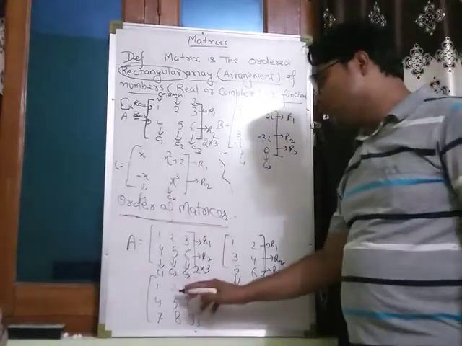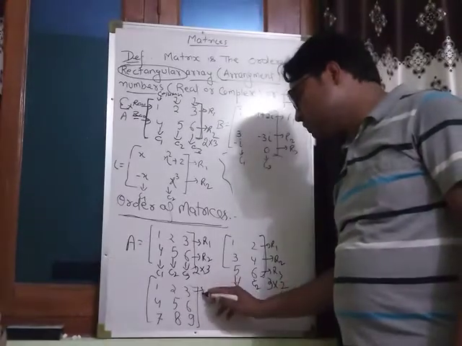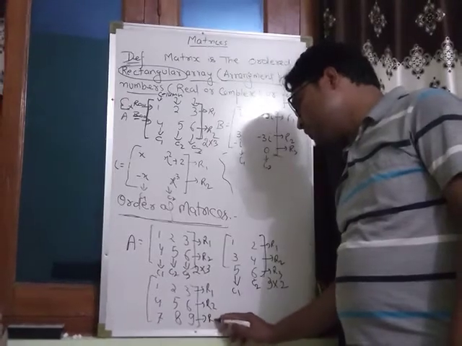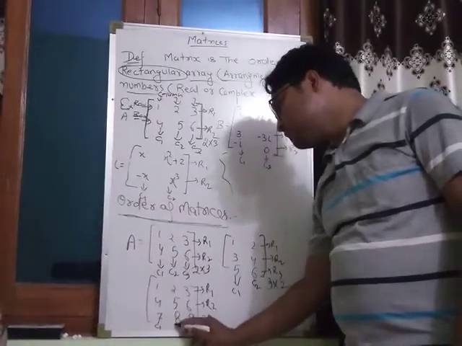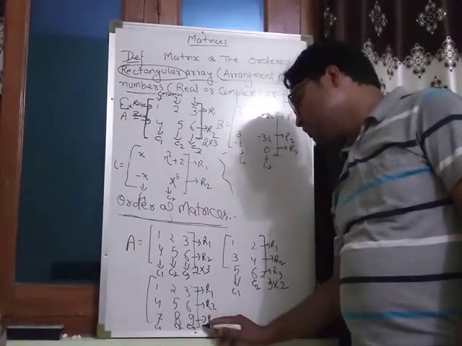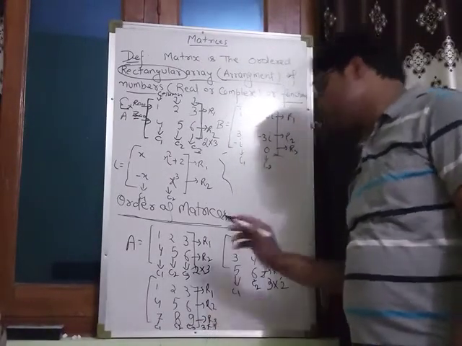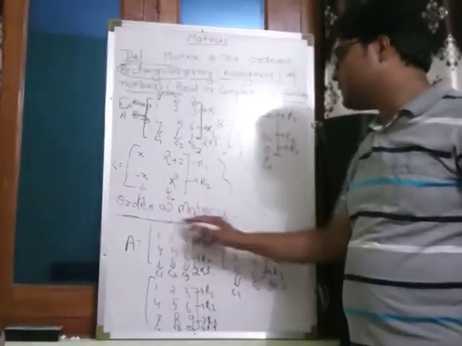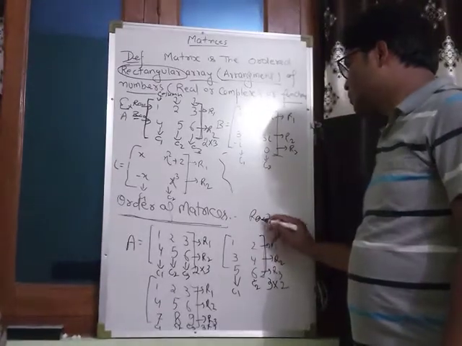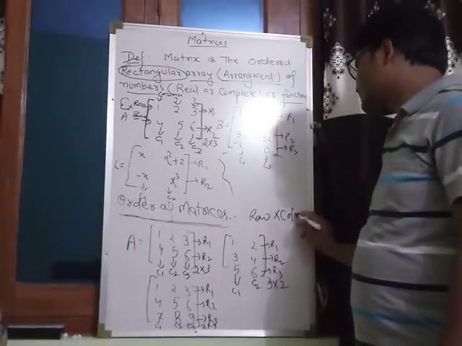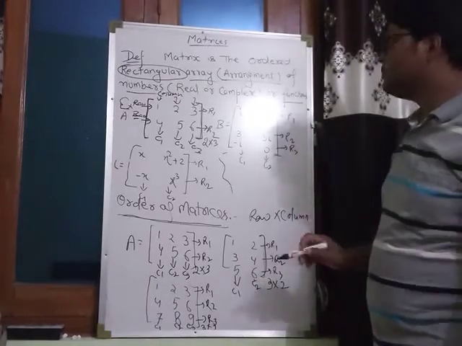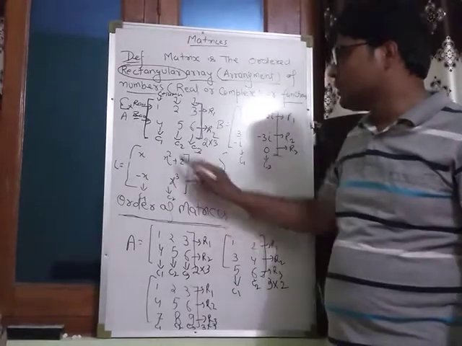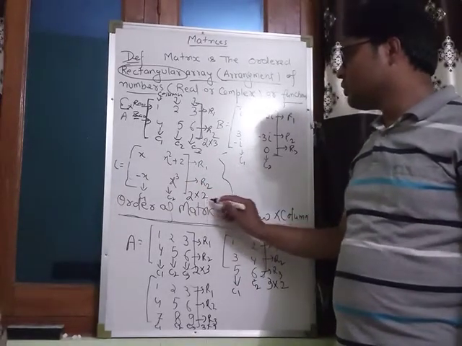Okay. And this one having 1, 2, 3 rows. R1, R2, R3, 3 rows. And you can see this is C1, C2, C3, 3 columns. So 3 rows, 3 columns, 3 by 3 matrix. So how can we define the order of a matrix? Row by column. Okay. So what will be the order of this matrix? How many rows there? 2 rows and 2 columns. 2 by 2. Row by column.